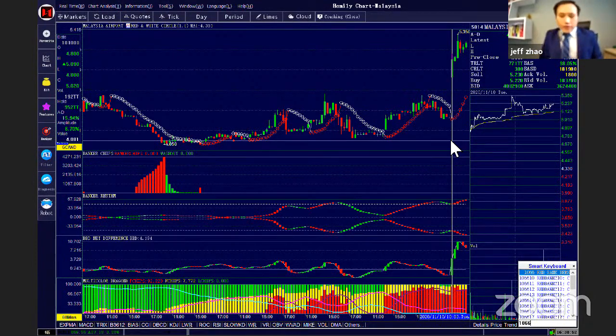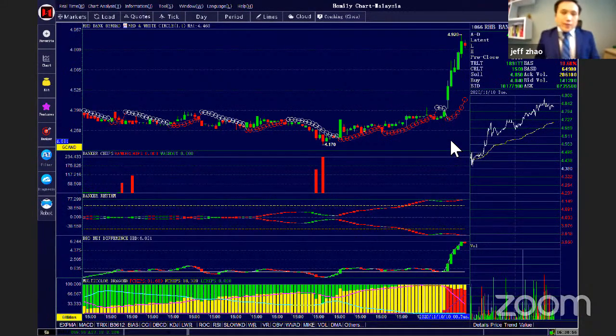And now today and these 4 days, more and more blue chips start to rise, right? So how can we use the right function to make a judgment of the blue chips and the indexes? Actually, just now what I mentioned is you can use the MCDX. This one is a bank shares 1066 RGB.